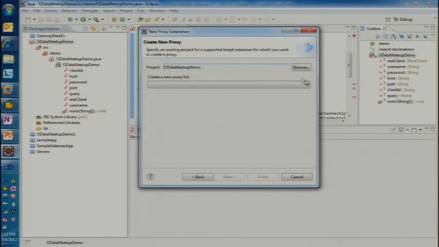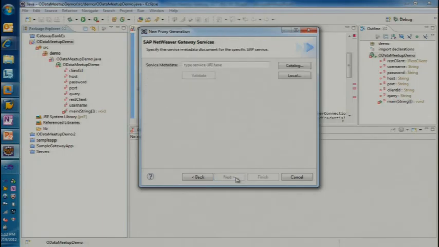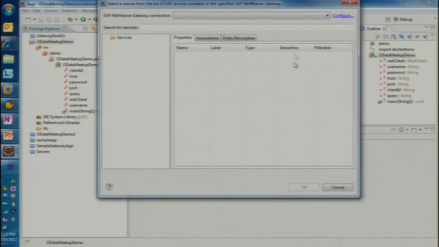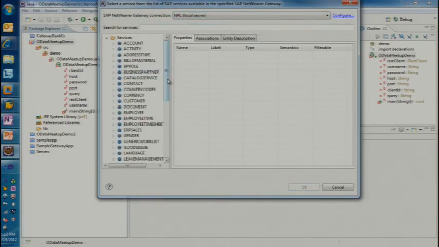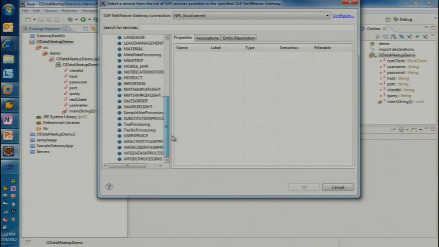Since we started from that project, it suggests that project. And this is the place where you would make the decision whether you are creating it for PHP or Java. I will choose Java. For the package, I believe I need to say demo here because it should be in the same package. Now, at this point, I connect to our catalog. Let me just choose the server here. You can connect to multiple servers, obviously. As soon as you do that, it lists all the available services in the system. So I choose